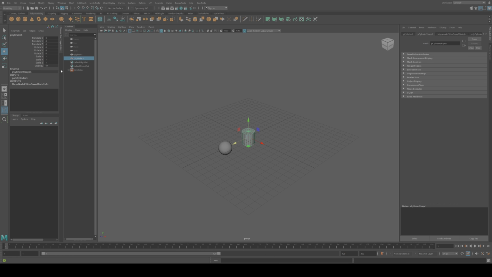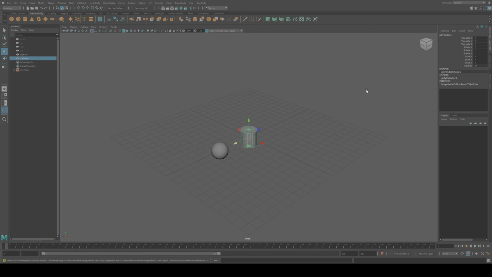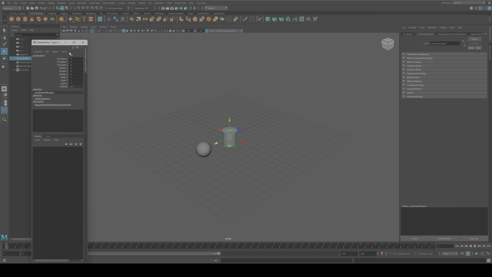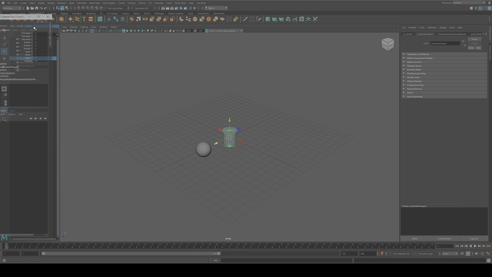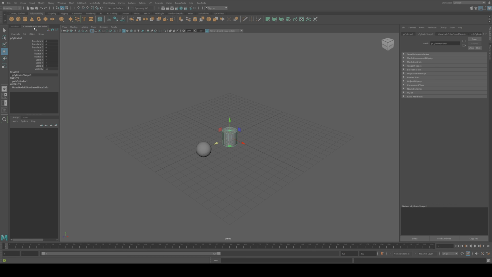Done. With all those drag and drops, if you ever mess up with something and don't know how to get back, just go to the workspace, Reset Current Workspace, and you're back to default. Next up, let's talk about these tabs here. In this specific case on the right side, but as you have already noticed, we have tabs everywhere. You can also drag and drop those. So I'm just going again with the channel box, but instead of just releasing it on the left as a panel, I can now drag it next to the outliner, and instead of having it available as a panel, I have it available as a tab next to my outliner.